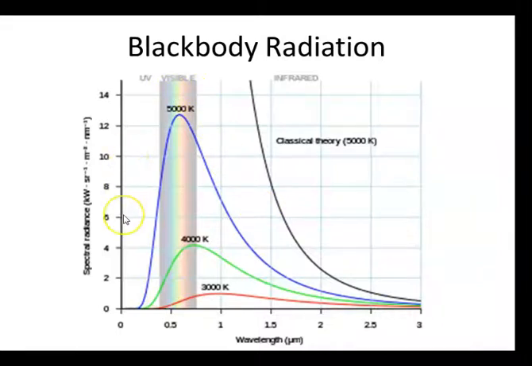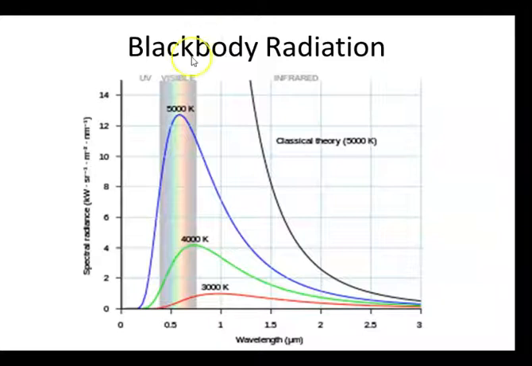But people started to realize, hey, if you do the math with our theory about physics in the world, the theory says that at 5000 Kelvin, instead of following this blue line, it does decently down here, but up near here, it gets way, way off. Up here, the experiment has a peak and comes back down. The theory, the equation from the theory, keeps going up and up to like infinity,